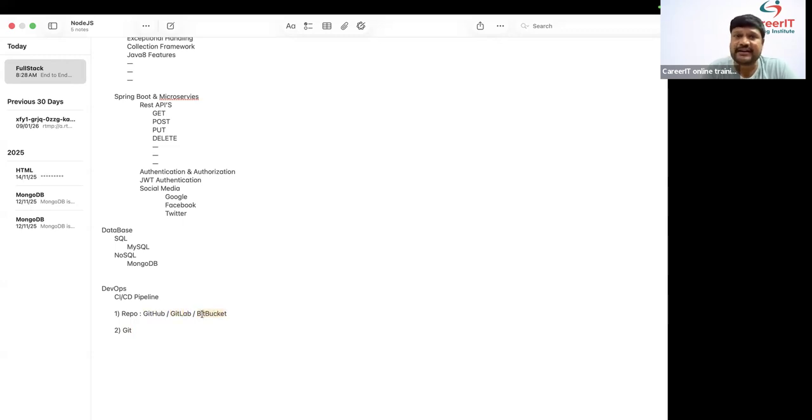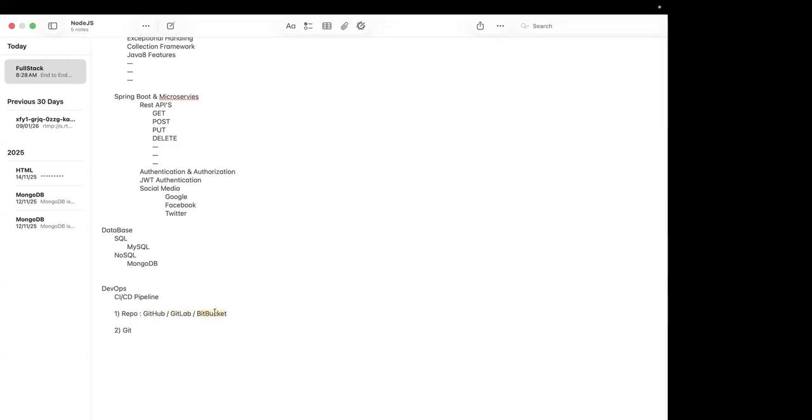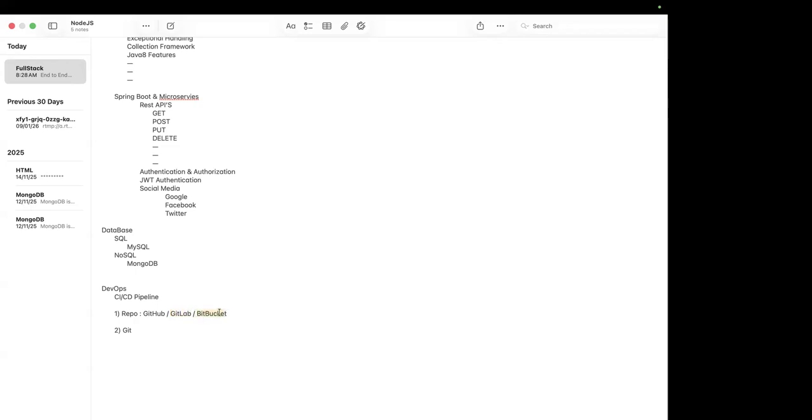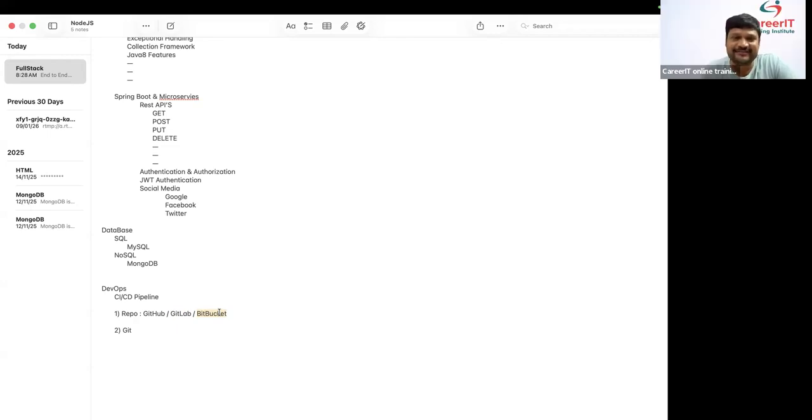GitLab and Bitbucket also. GitLab is a little bit cheaper compared to Bitbucket. Commercially, Bitbucket is a little bit high. That's why companies give priority to GitLab, and the next priority goes to Bitbucket. Feature wise, they moved from GitHub to Bitbucket for security purposes. I think it has more features, security, user friendliness, and many other things. But the cost is also high.